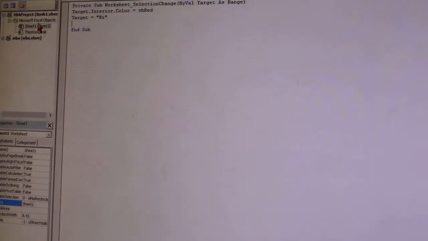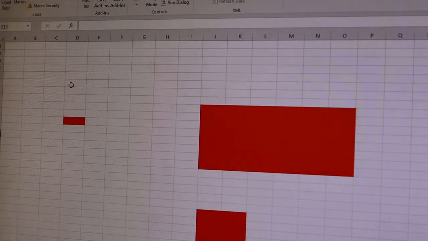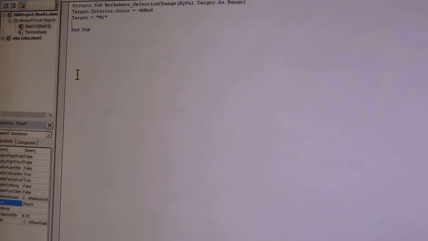Okay, so first of all, I want to find out how to change the name of a sheet. So I just go to here. Oh, by the way, you asked the question, so I added into my code target equals high. Okay, that's what you asked, right? So over here I'm using the period to get into the